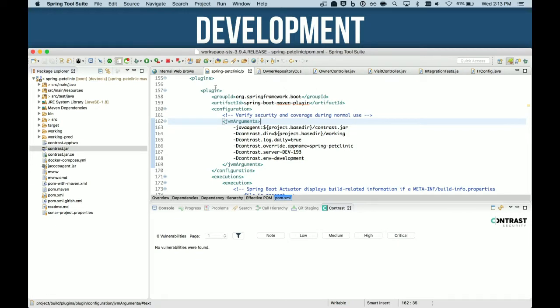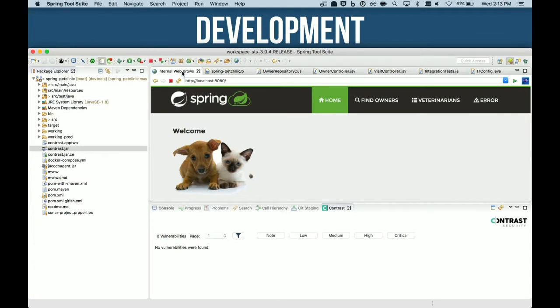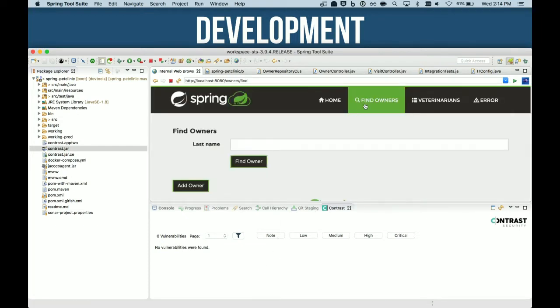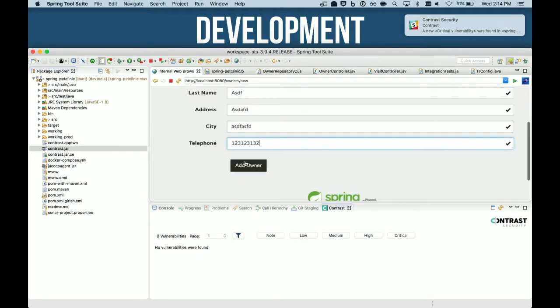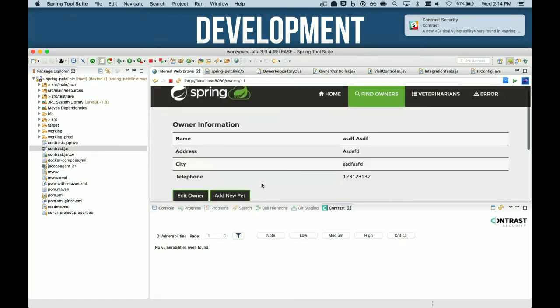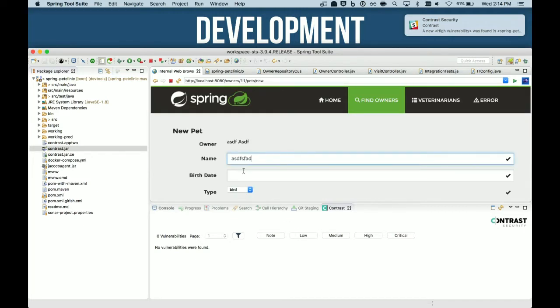So I've got the application running here, and before the talk, I cleared out all the vulnerabilities in the dashboard. So it's just empty. You can see the Contrast plugin down here. There's no vulnerabilities. All you have to do is just browse around in this application, and I'll just put in Spring 1, exclamation point. You can add an owner here. And up here, you're going to see new Slack alerts coming in for new vulnerabilities as we find them. And again, I don't have to really do anything here. I'm just using